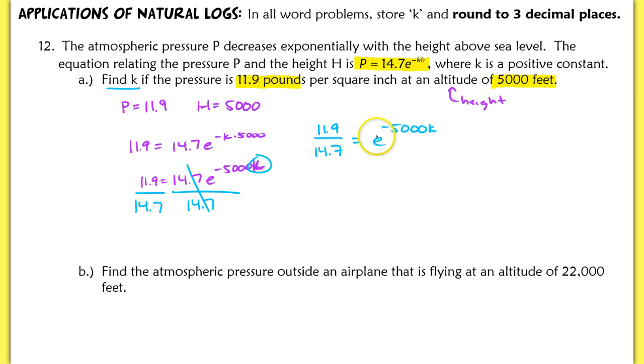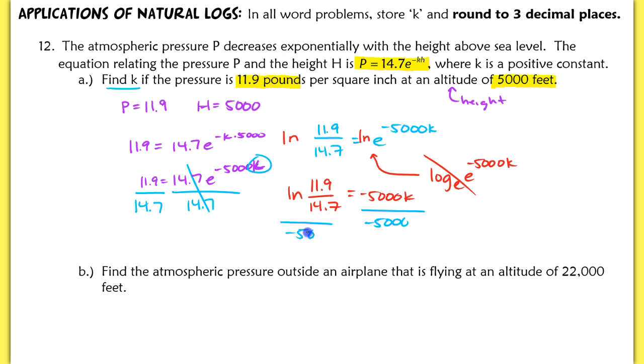Because I have e here on the right-hand side, I'm going to take the natural log on both sides of the equation. Remember, this is log base e now of e to the negative 5,000k. This will simplify to just being negative 5,000k on the right-hand side. So I've gotten rid of this base e by taking its inverse function, the natural logarithm. Now on the left-hand side I have the natural log of 11.9 over 14.7. Now to get k alone, I need to divide by negative 5,000